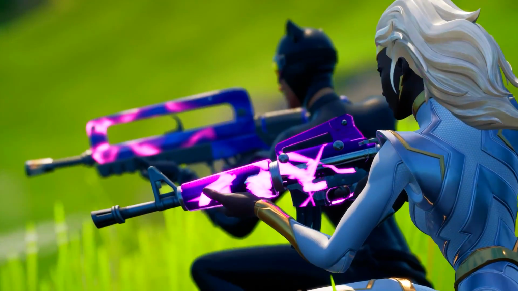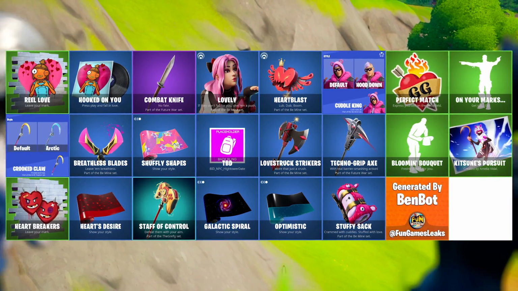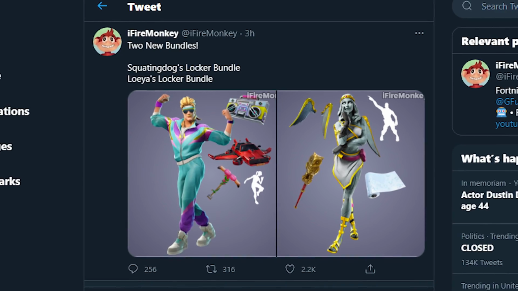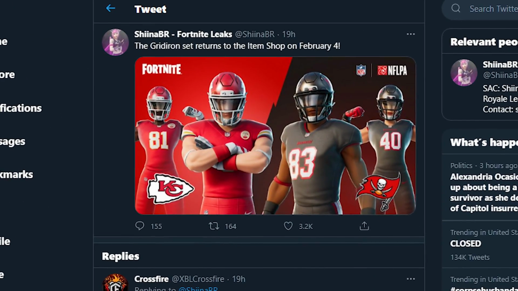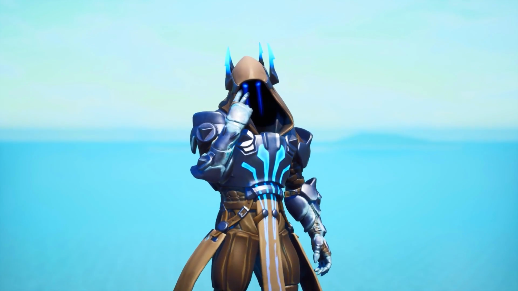And on the topic of skins, if you don't care about crossovers and just want to know more about the item shop cosmetics, then here's a picture of all leaked items coming soon. There are also 2 upcoming leaked content creator bundles for Loya and our good friend, the Squatting Dog. He's helped us out with a few storyline videos, so definitely pick up this bundle when it comes out. If you're a football fan, the football skins are coming back on February 4th, but it's nothing compared to our